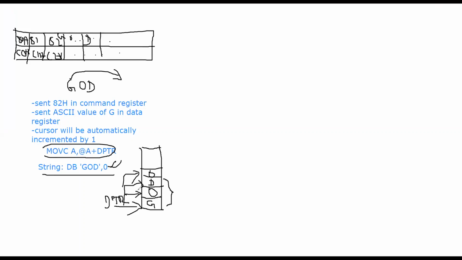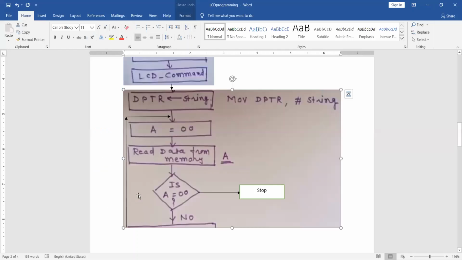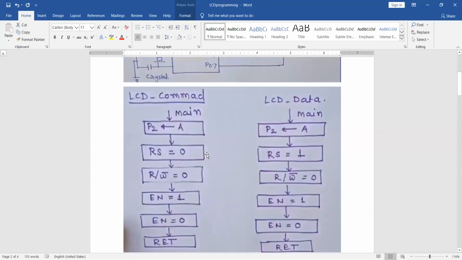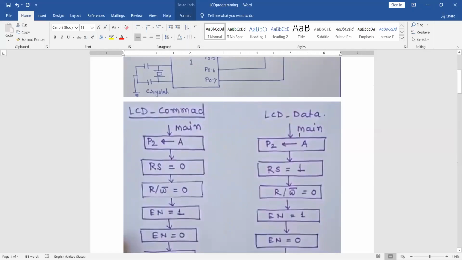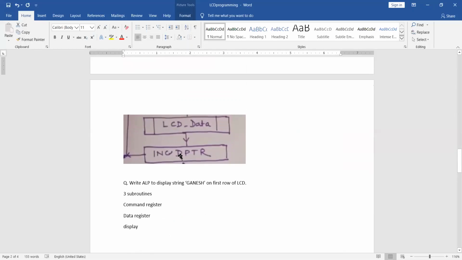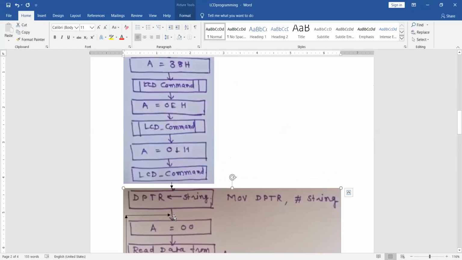So it will be in the loop. That's why I have written the stop there. If it is no, you will call the LCD data subroutine, then I will increment DPTR and go back to A equal to 00.